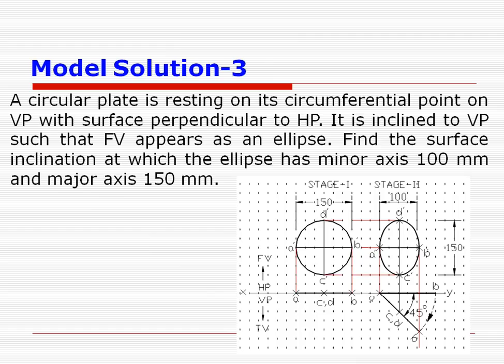So this is how you can solve the problems when surface inclination is to be found out for a particular change in apparent shape. In the previous stage you were given the inclination and you determined the apparent shape, but this was a solution of a different nature, where the apparent shape, the shape it actually takes when it is inclined, is given, that is defined in the statement. From that you have to deduce the surface inclination. So this was another possibility.